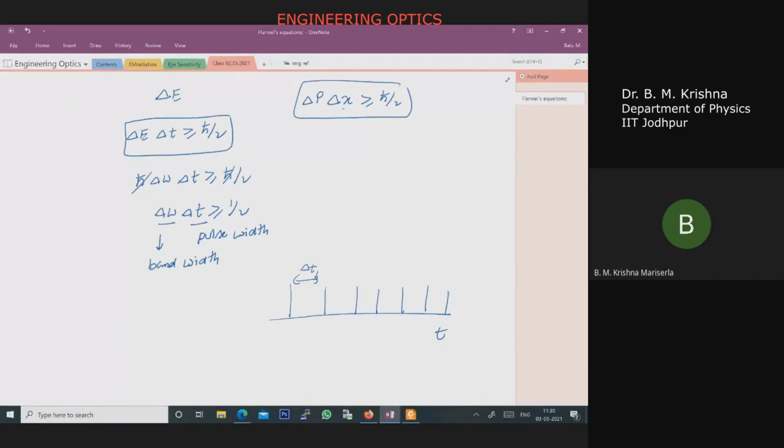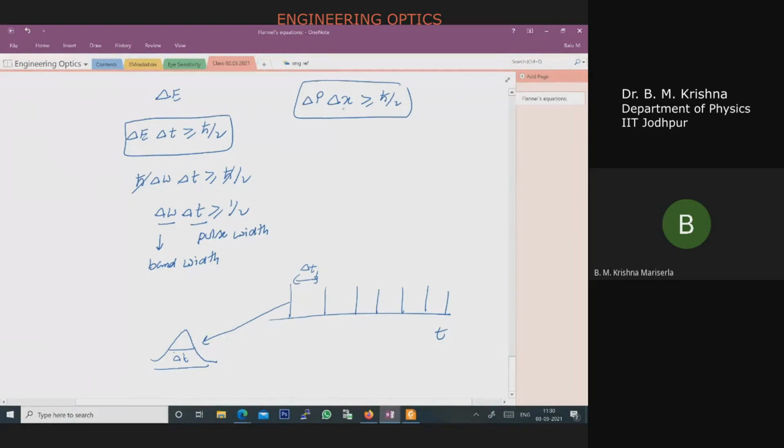So it is emitting light with a certain time period, sequentially. Now your pulse width is nothing but, you see it as a straight line, but if you zoom in, for a Gaussian pulse you will get something like this. This is your delta T. I'm drawing a closer picture. It is like this. That is a light pulse from a pulsed laser.